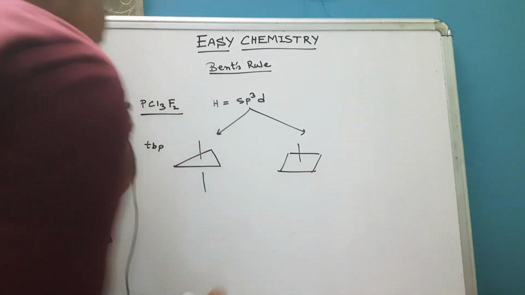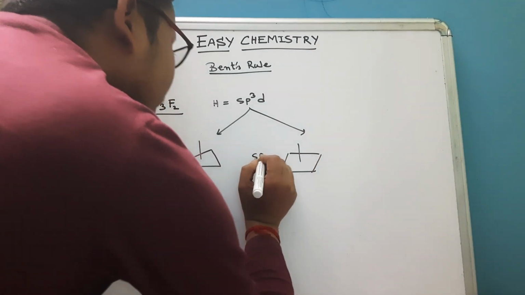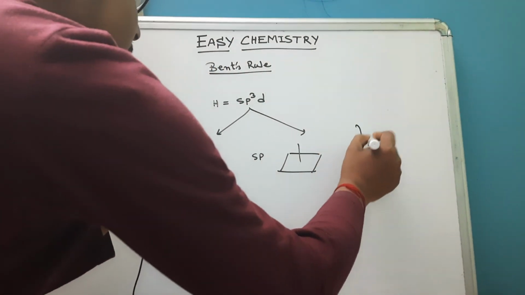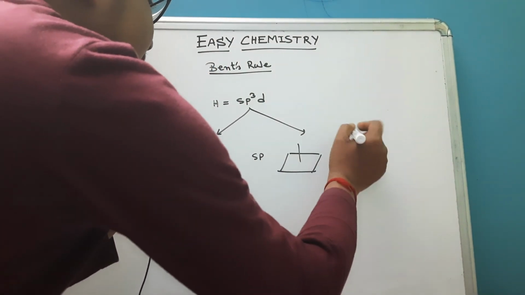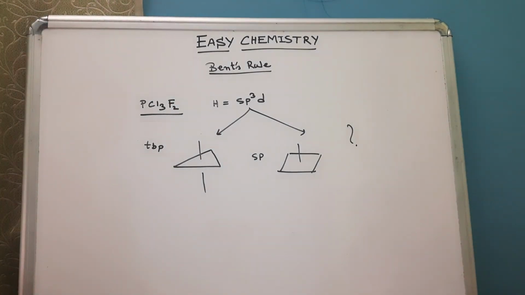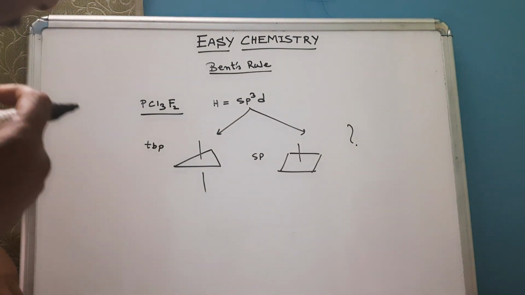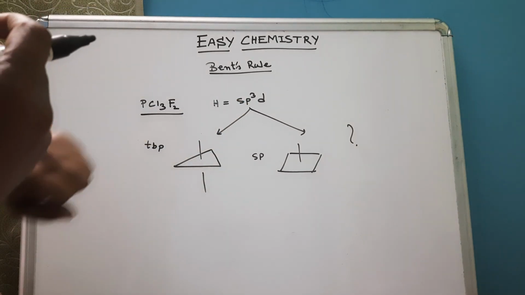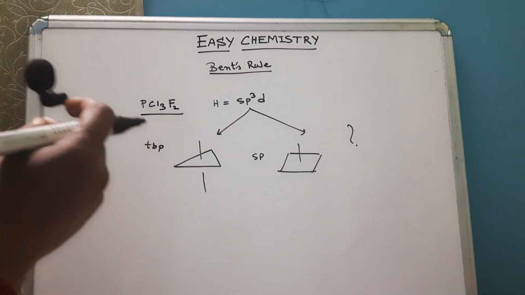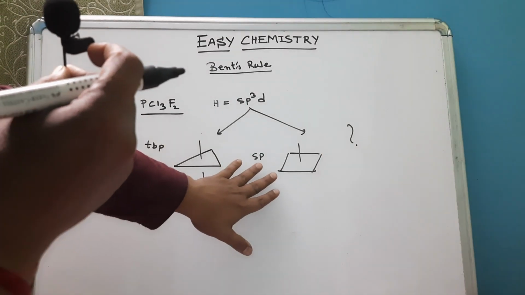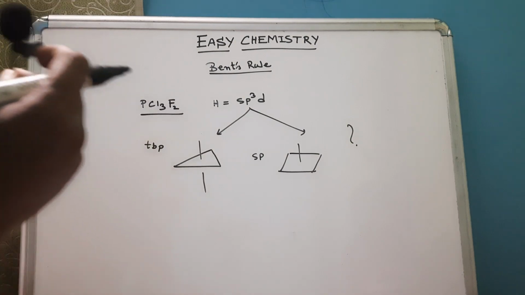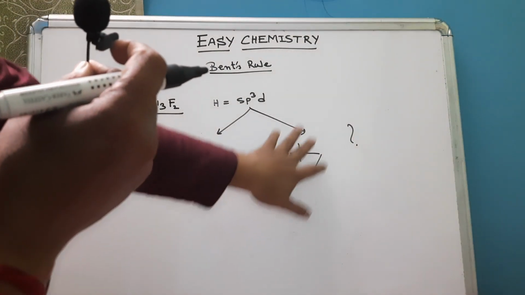Now my question is, what will be the possible structure of PCl3F2? Look here, the types of different atoms are two: 3 chlorine and 2 fluorine. And if the structure is square planar, then there are only places for two different types of ligands. But here,